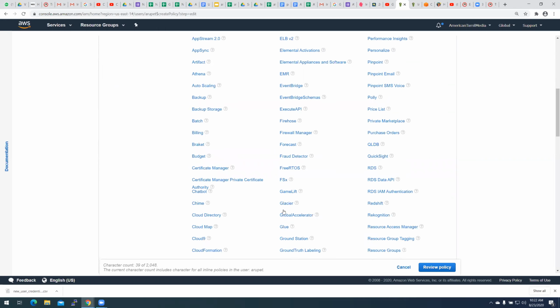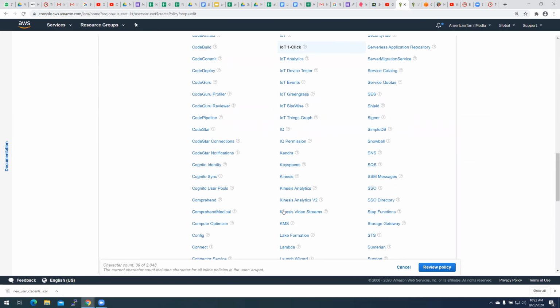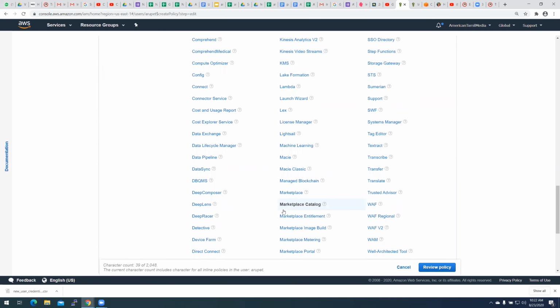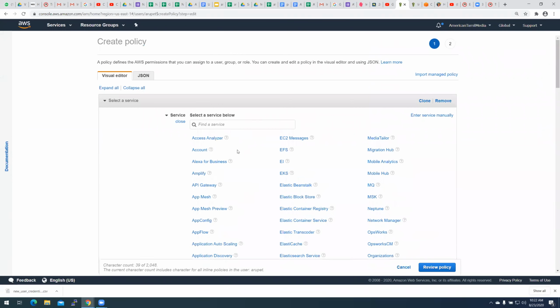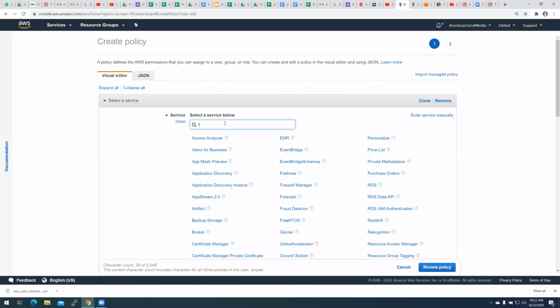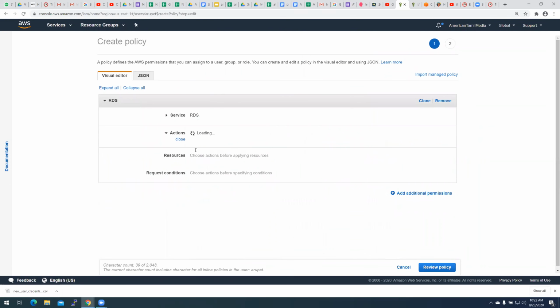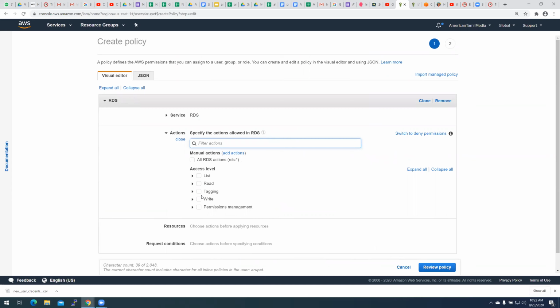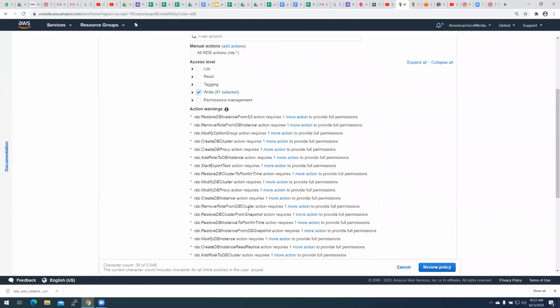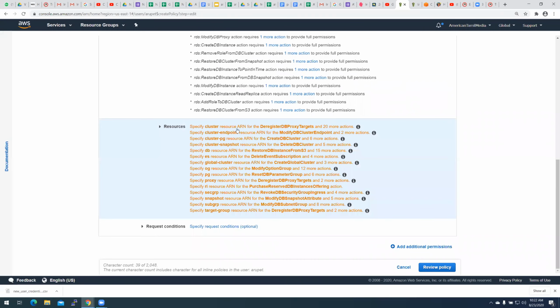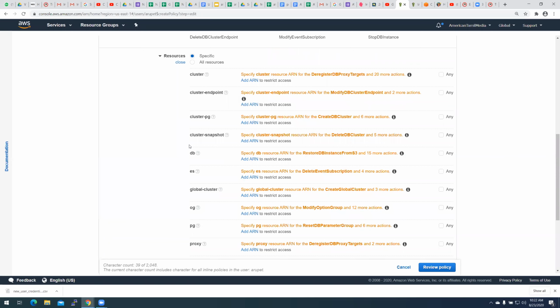So you choose what service. Let's choose something. Is there RDS? So data services. I want to give only write permission on this, and I'm saying all the resources.